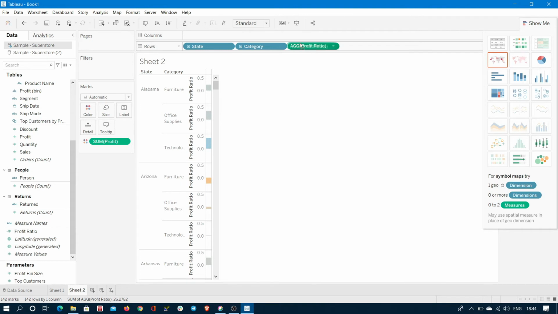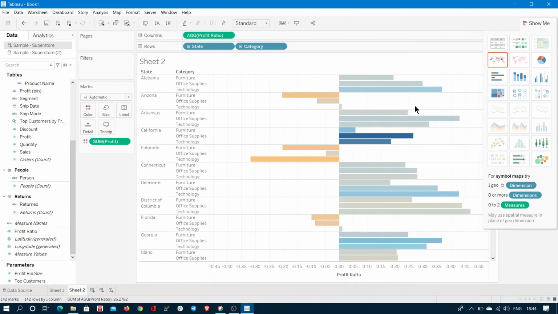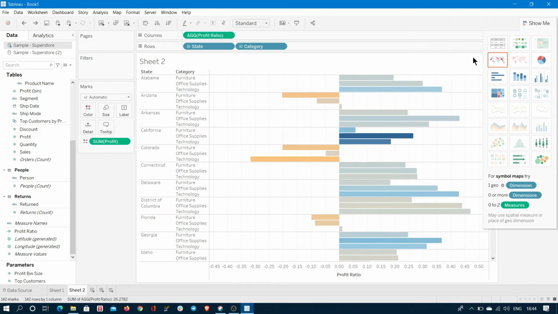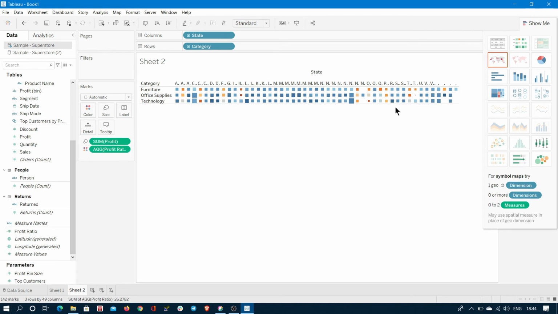Some sort of heat map was created like this. You need to select that one, because based on the other categories, the data will be categorized according to the requirements of other graphs. When you click on this one, by default it selected the side by side graphs or the horizontal bars, but I need a heat map. So click on this heat map, and it will create it like this.